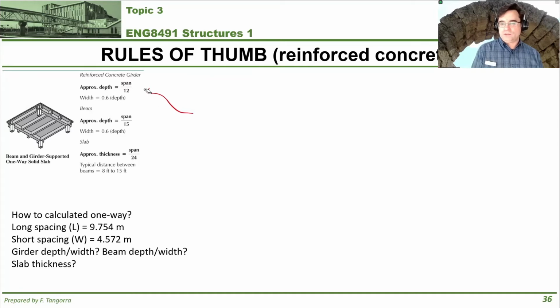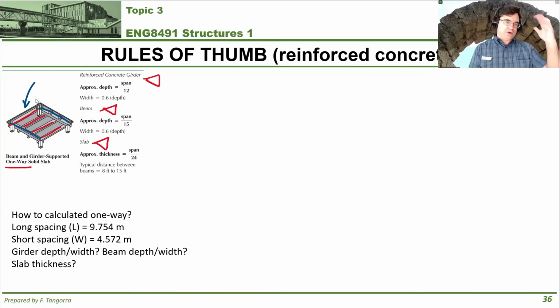For figuring out the depth and width of a girder beam, the depth and width of a beam, and the depth and width of a slab for a one-way solid slab. Now, just to be clear, I'm indicating these secondary structural elements in red as the beams, these primary structural elements in blue as the girders, and then the slab is the portion of the concrete that's sitting onto all of